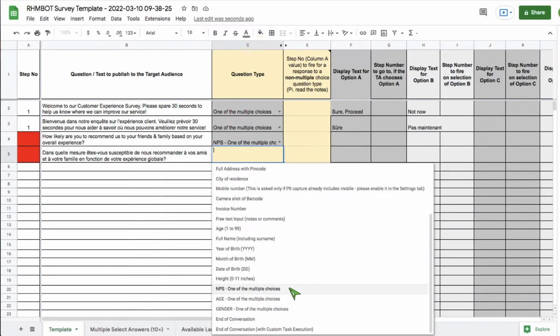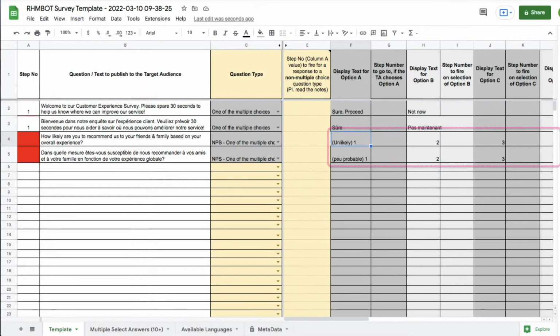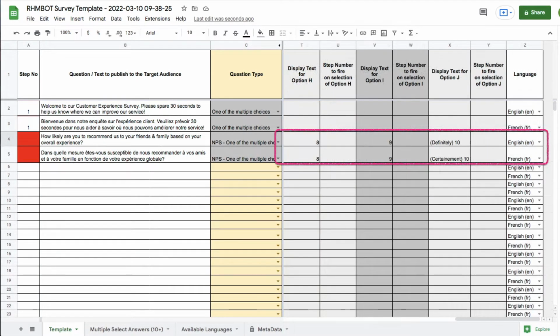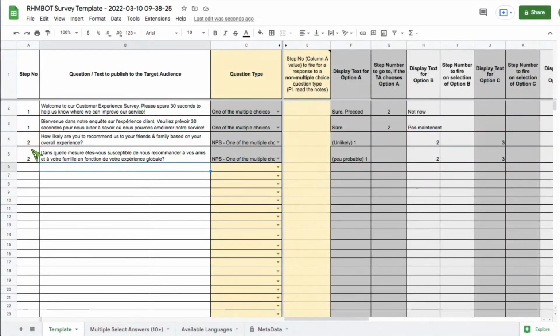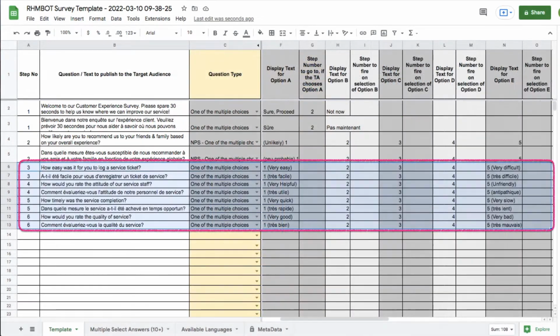We do that by selecting NPS as the question type. Next, we provide the scale or the range for the NPS value options. Finally, we provide the step number, 2 in this case, for the question on NPS, and map it to the first question's Proceed option. Next, we set up specific questions that allow the customer to rate your business on a